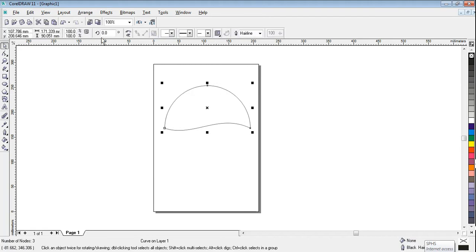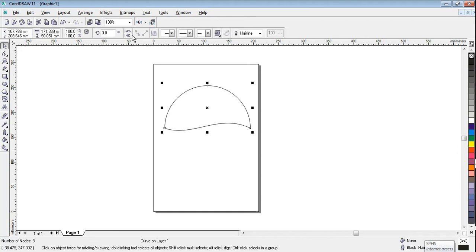Now what to do then? Select it and go for copy paste. Copy, that is Control C and Control V you can do, or else you may go for the copy command from the toolbox. Select copy and paste. It is pasted on the same object itself. It is copied and pasted. Just see it. Now the next step is, as I told you, we have the property bar which gives you the properties of the current state. So now the shape is selected, so it is giving me the properties related to this shape.